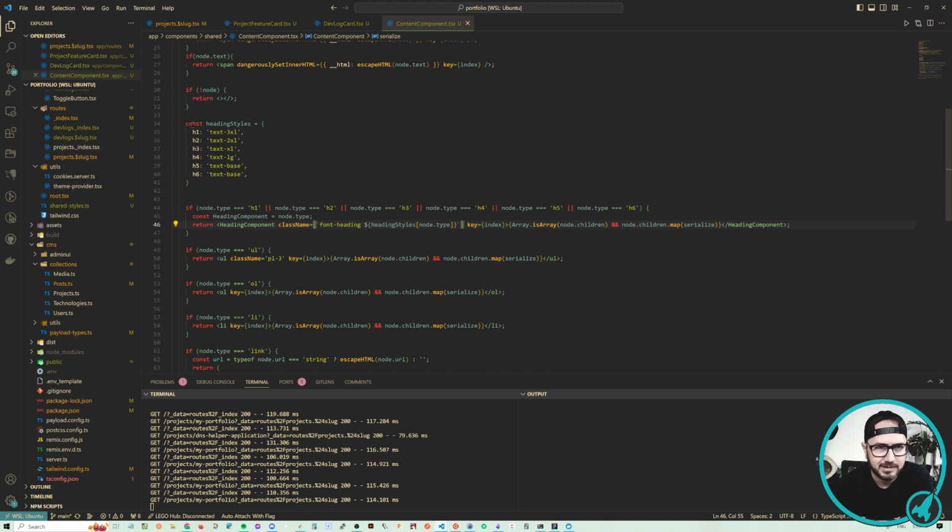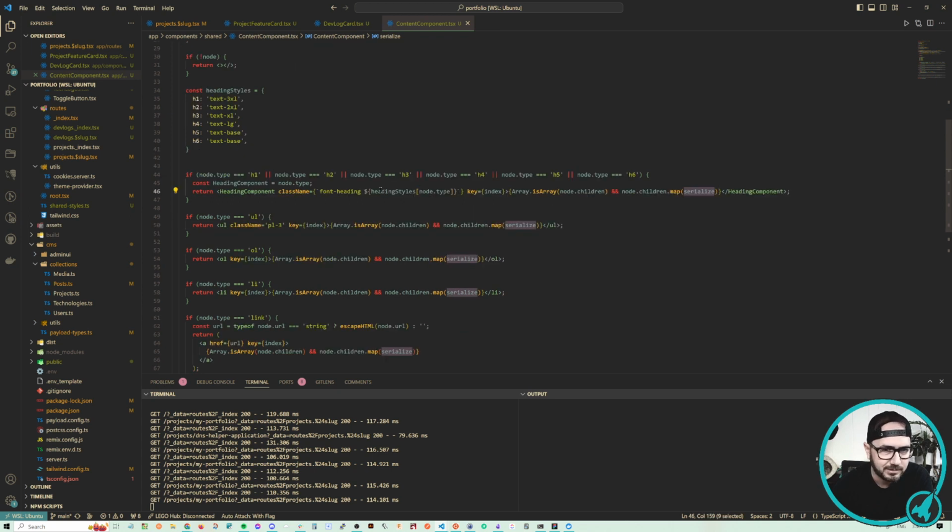It's automatically applying anything from this heading styles object here, so that we get different sizes of text and any other style we want to change for the different heading types. Then we're going to pass some children into this heading component, or any of the components. But before we do, we're going to map over them and run